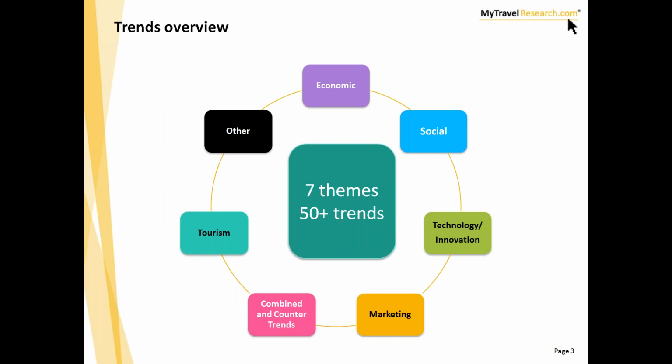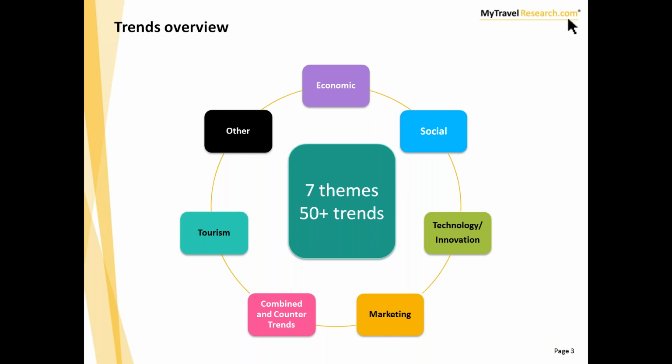So basically, when we talk about our trends, we've created a database of these trends based on an awful lot of thinking and talking, and also on the material coming through our membership site of Insights and Trends. We've grouped them into broadly 7 themes, and I think they're fairly clear. Some of them are obvious: economic, what's going on in the world economy; social trends, which may cover a very broad range of things; technology; things going on in the marketing world; things going on in our world;